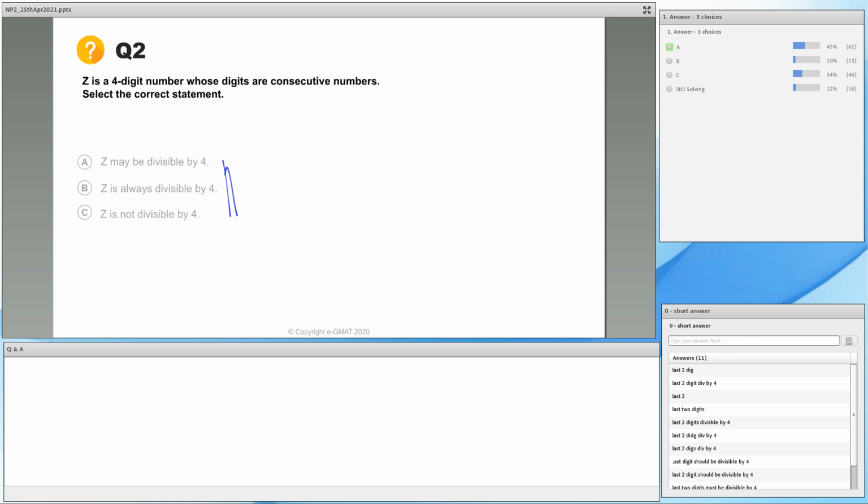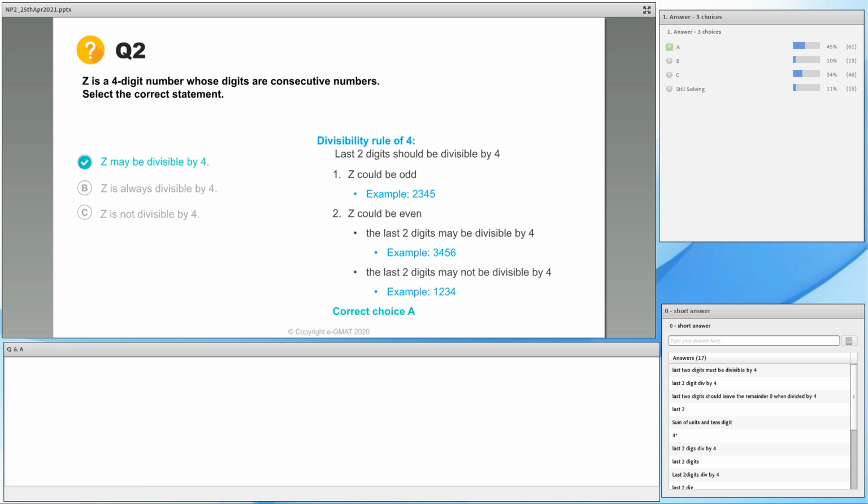When you say last 2 digits, the more precise way of saying that would be the number formed by the last 2 digits. If you're looking at a number like 56, it's not like 5 and 6 are individually divisible by 4. The number formed by the last 2 digits, that's 56, is divisible by 4. If that number formed by the combination of the last 2 digits is divisible by 4, then this number is divisible by 4. Perfect. In this case,